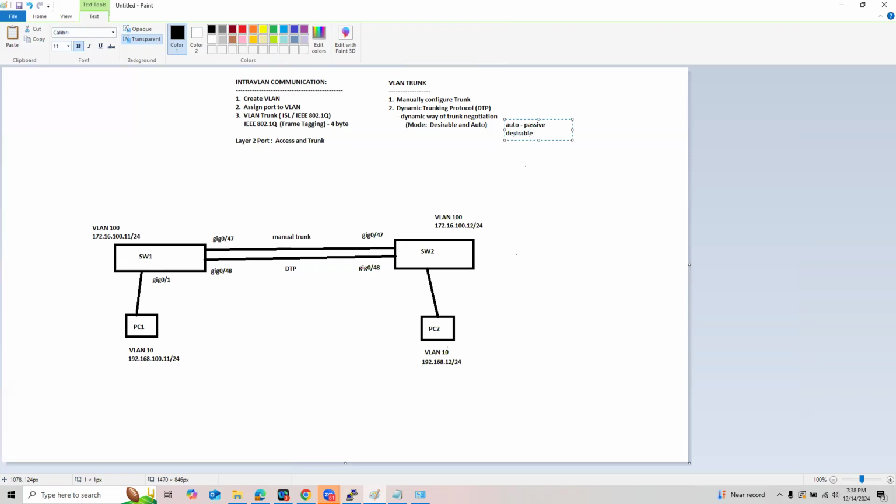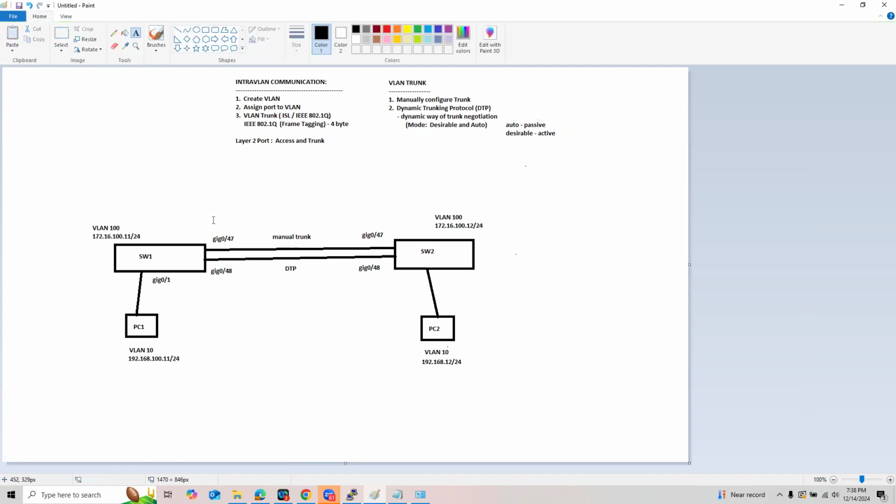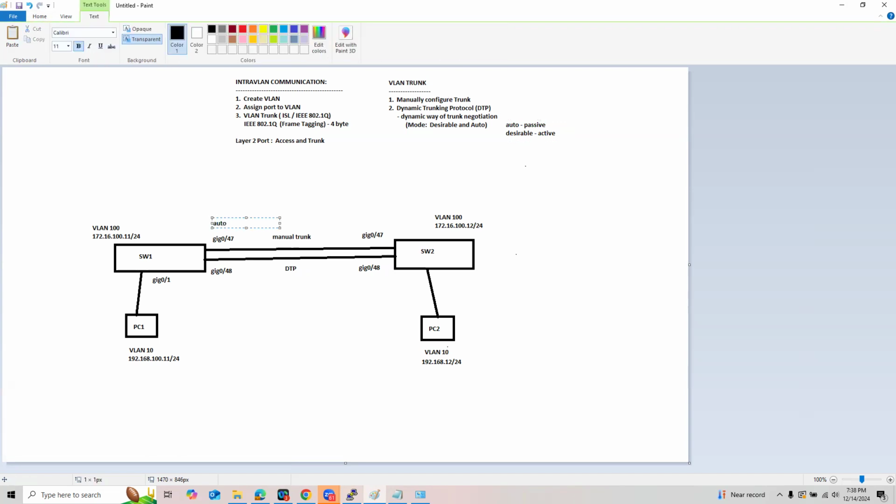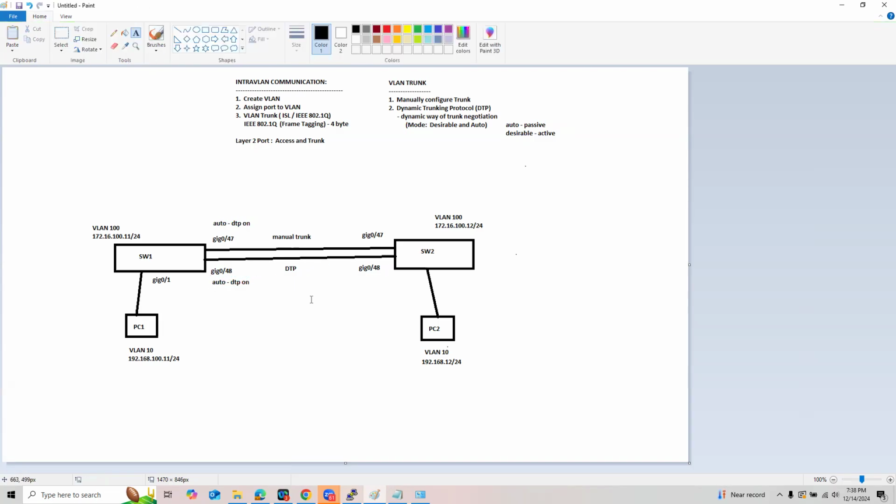Desirable is the one that will initiate negotiation. So this is actually the active mode. So it is the one that will negotiate. So at least right now, the port is in auto and DTP is on. So don't forget that. Actually, this is the default of Cisco Catalyst switches. Okay?